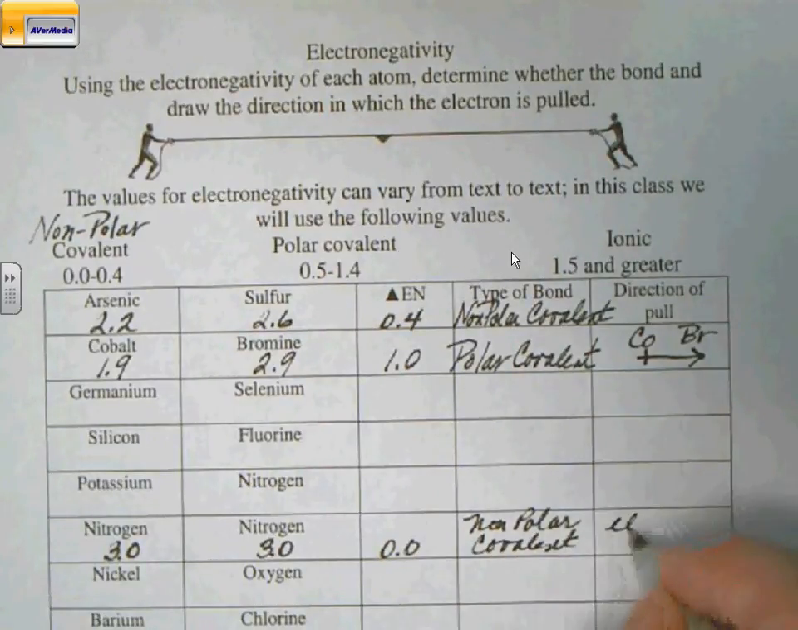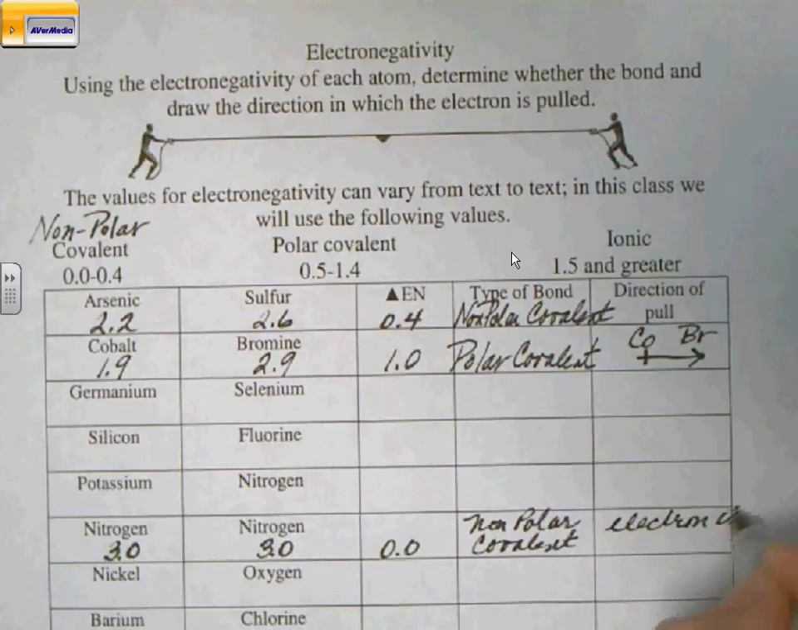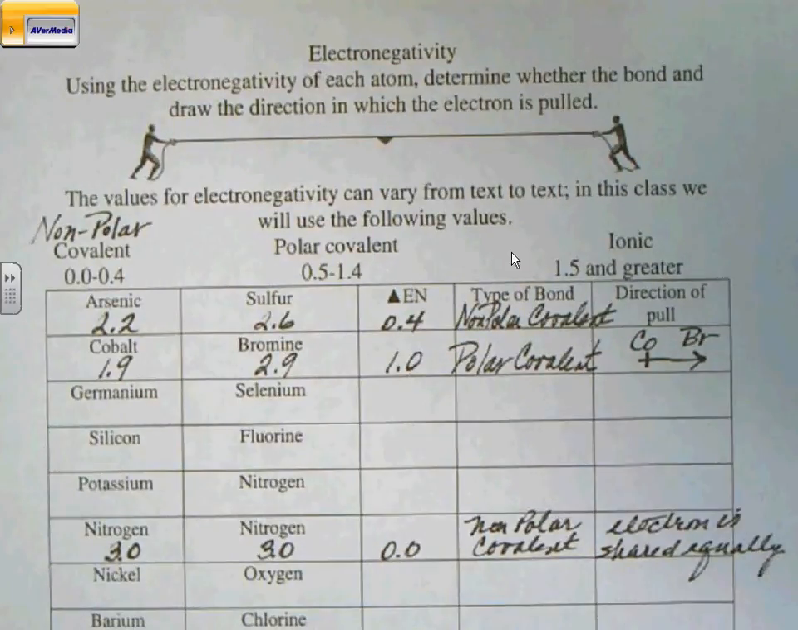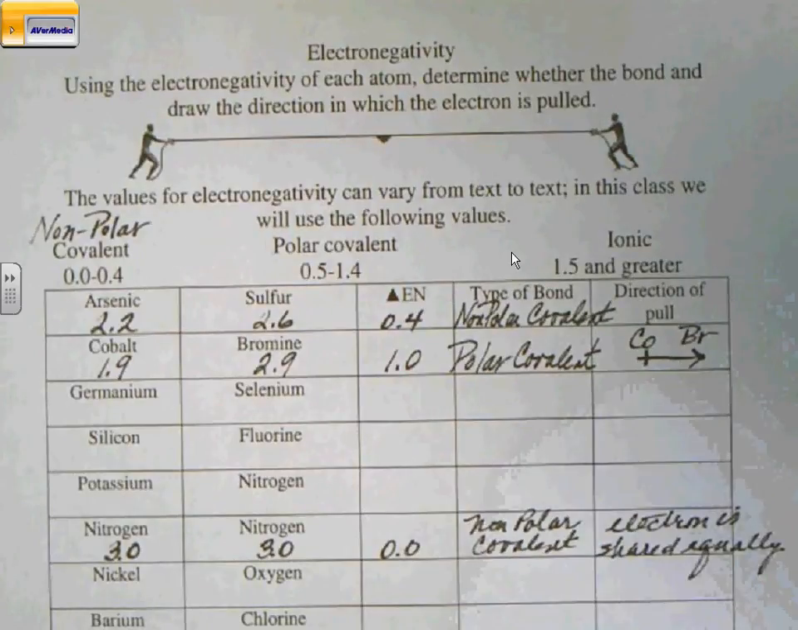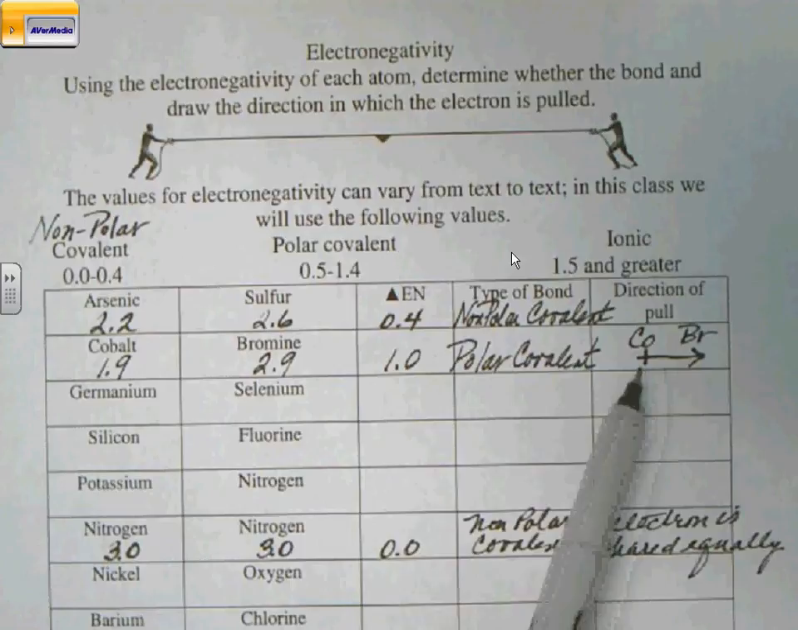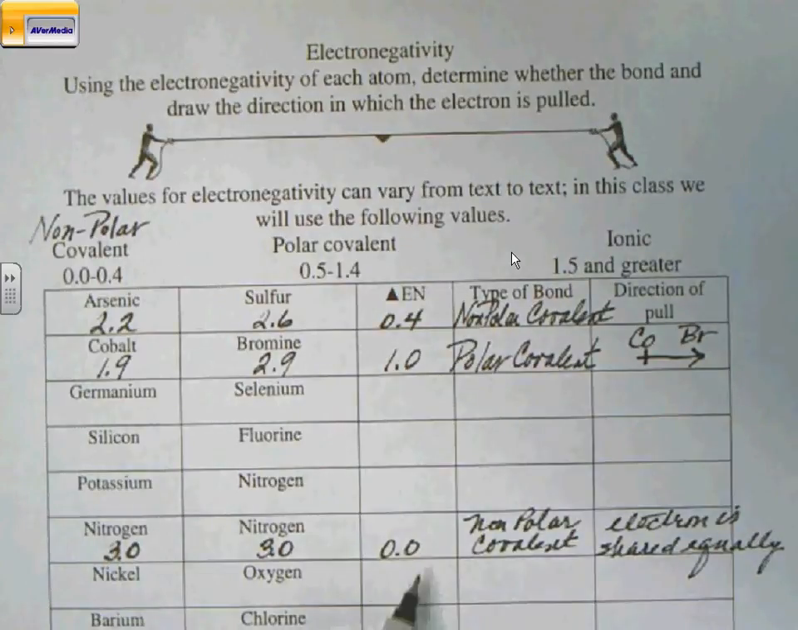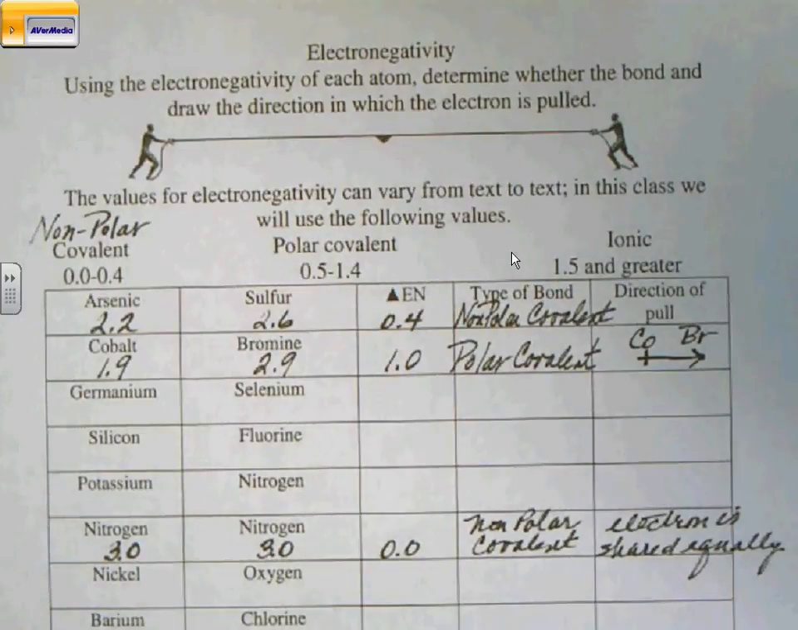This is showing you that up here bromine is more dominant in holding on to the electron as opposed to cobalt. Here, since the value is 0.0, the nitrogens will share that electron equally, so there's no polarity to that bond. Does that make sense? Okay, so let's see if you can do most of the other ones yourself. If you have any questions, just feel